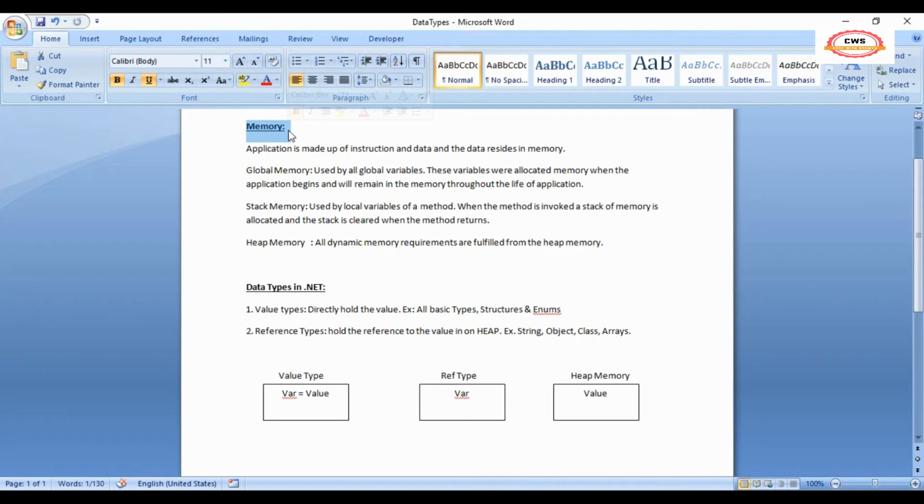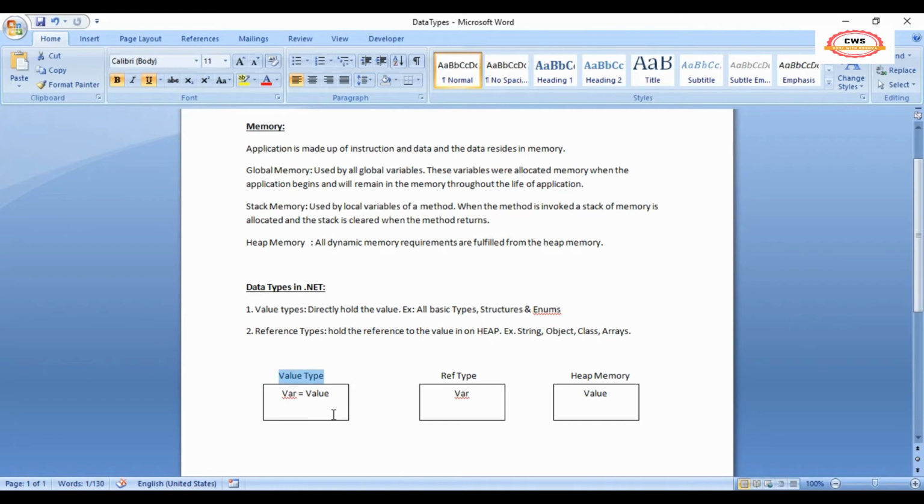So now coming to the data types. The first part is value type. For example, all the basic data types like int come under value types. It directly holds the value.